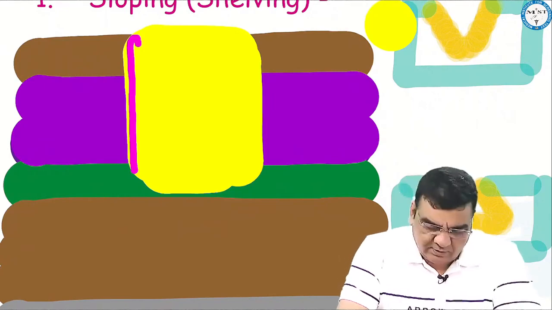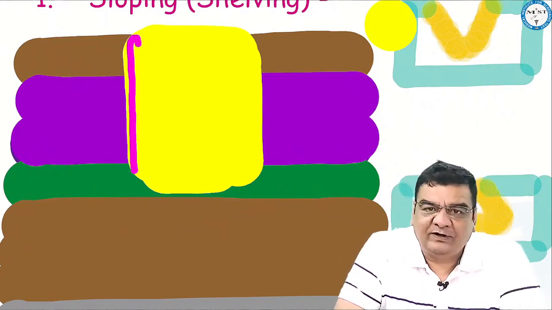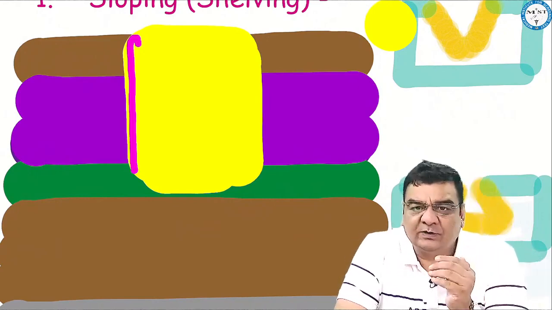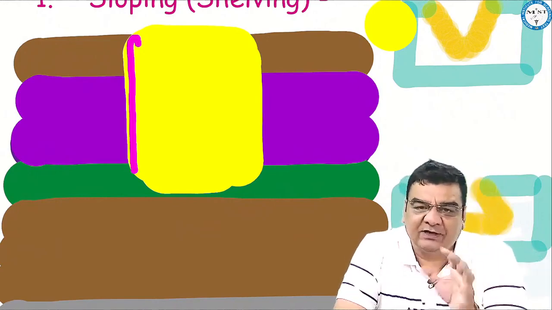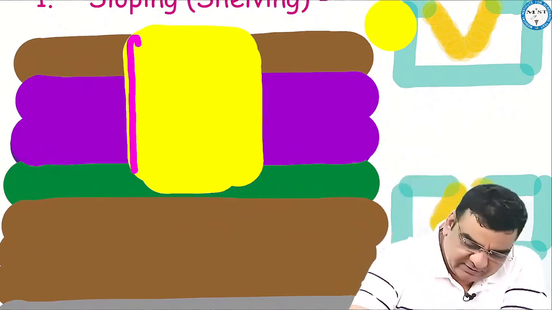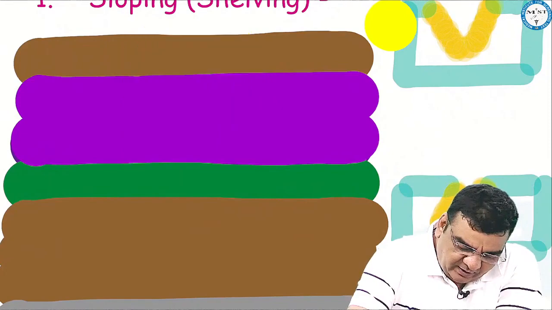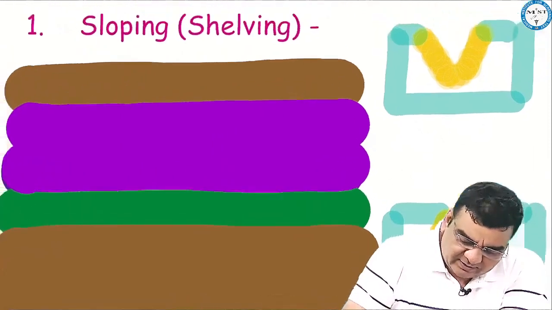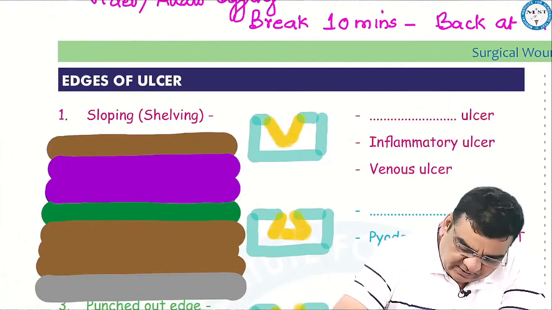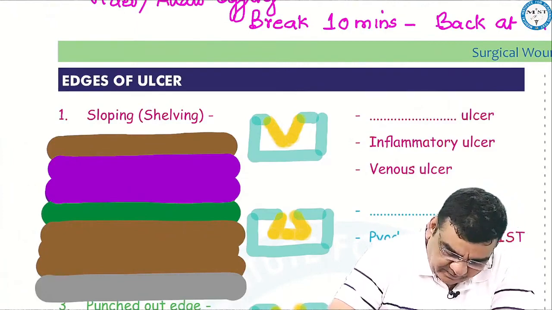So this punched out type of edge is seen in cases of syphilis. As a doctor, when you are working in the hospital, just by looking at the edges of the ulcer, you can have an idea of what pathology you are actually dealing with. Suppose I say the ulcer is somewhat like this, wherein